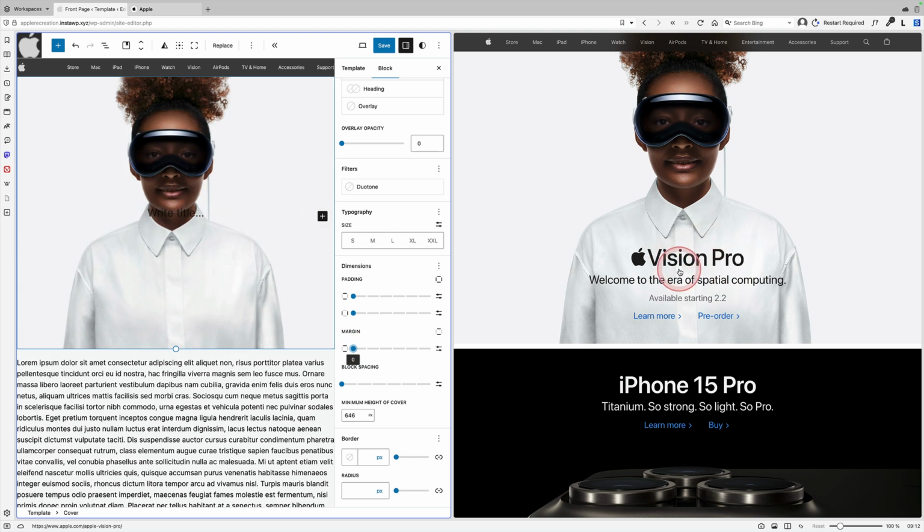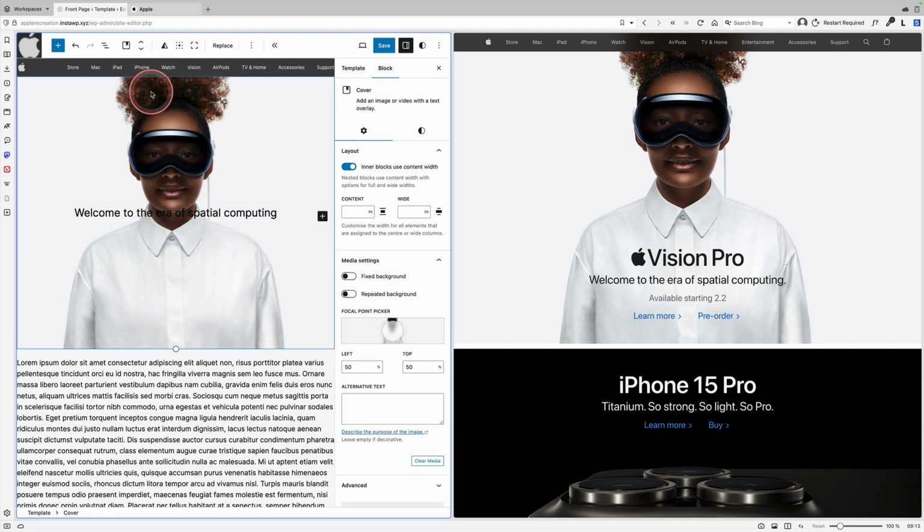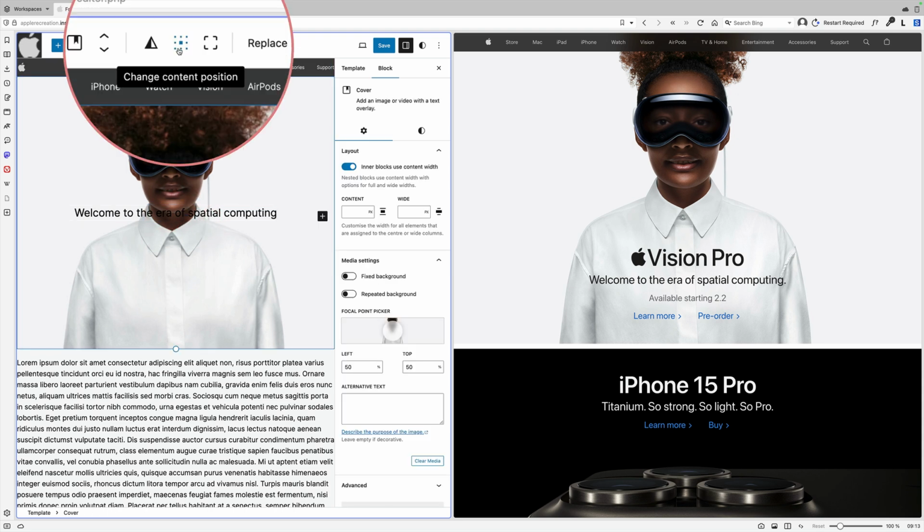Now we want to come to this section down here. This is super easy with the Gutenberg editor because this is just a cover block and we can just add content in here. So I'm going to put some text in just to show you how simple this is. And literally with one click, we can actually position that. So just make sure you selected the cover block, then come to this little matrix picker